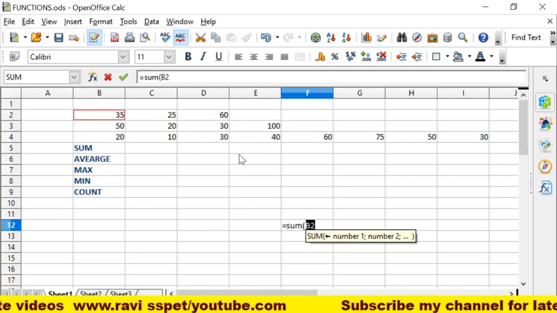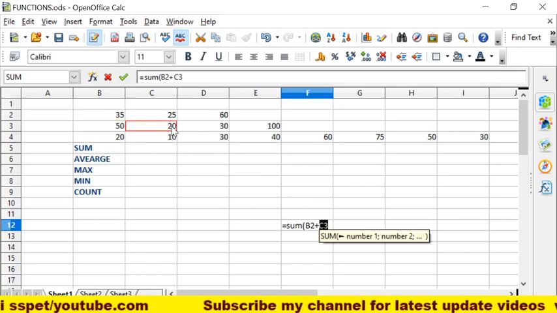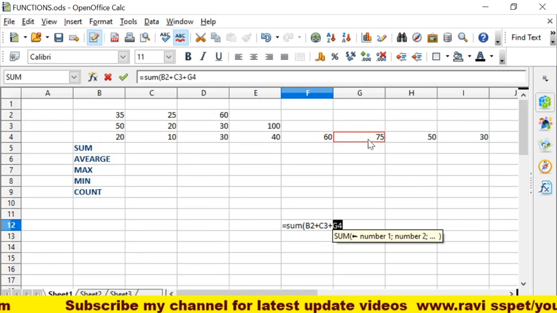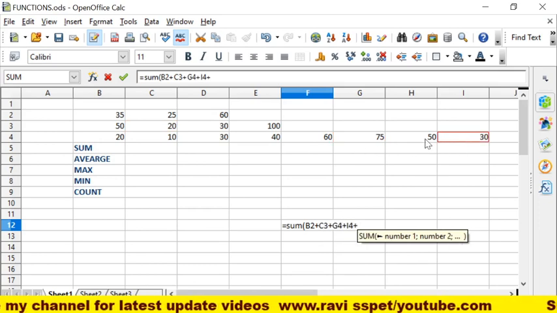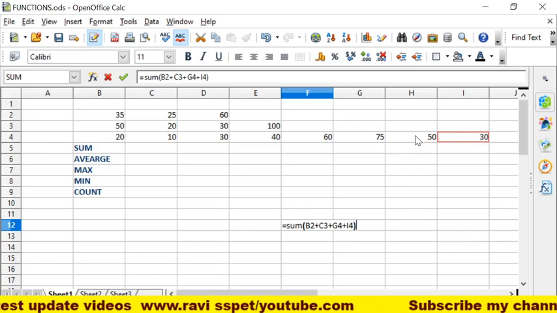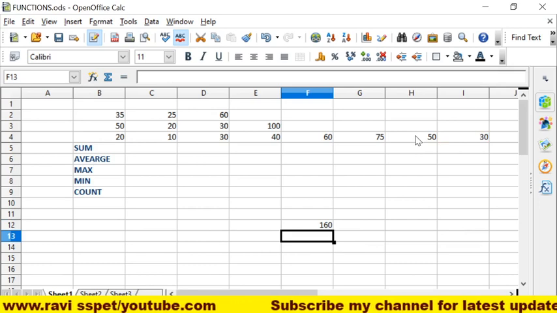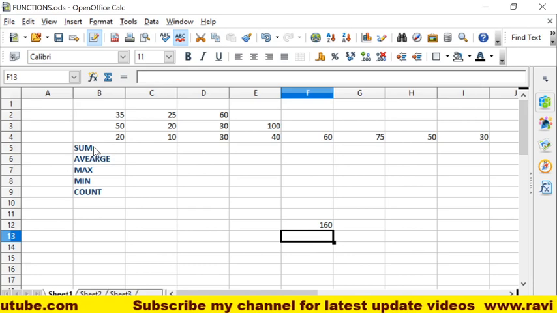This number, press the plus symbol. Again this number, again give the plus symbol from the keyboard. After that just give the close bracket and press enter. Okay, so this is about the sum function.